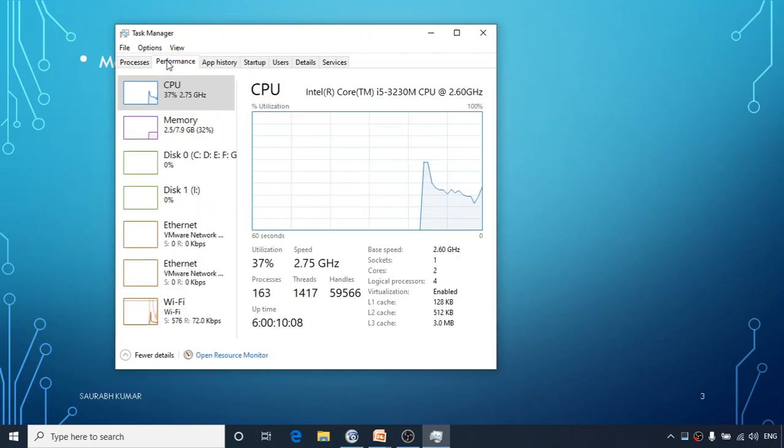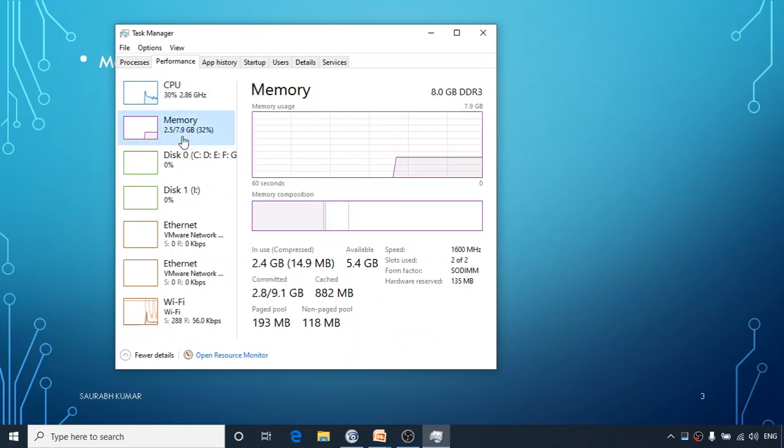Similarly, if you go to performance, it gives you a graphical presentation of how much CPU was utilized and how much RAM was utilized at a particular time. If you go to RAM, you see continuously RAM is being utilized almost this much. Here it tells me the total capacity of this computer: available is 5.4 GB, 2.4 GB is in use, and it shows total size, cache, and page pool. There are 2 slots on this machine and both of them are being used. That is what we are getting from here.